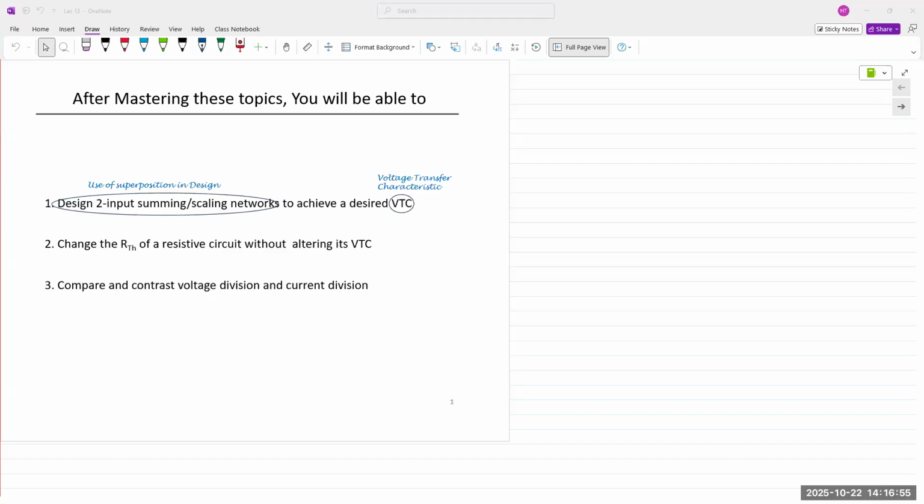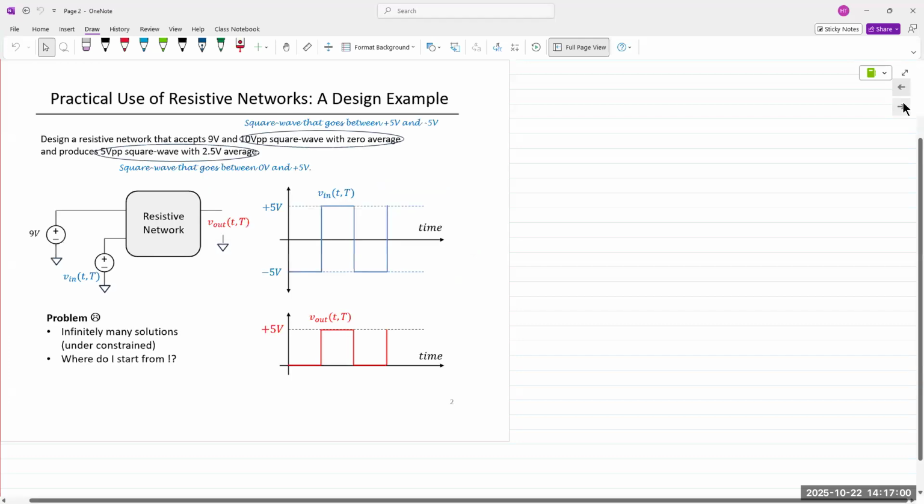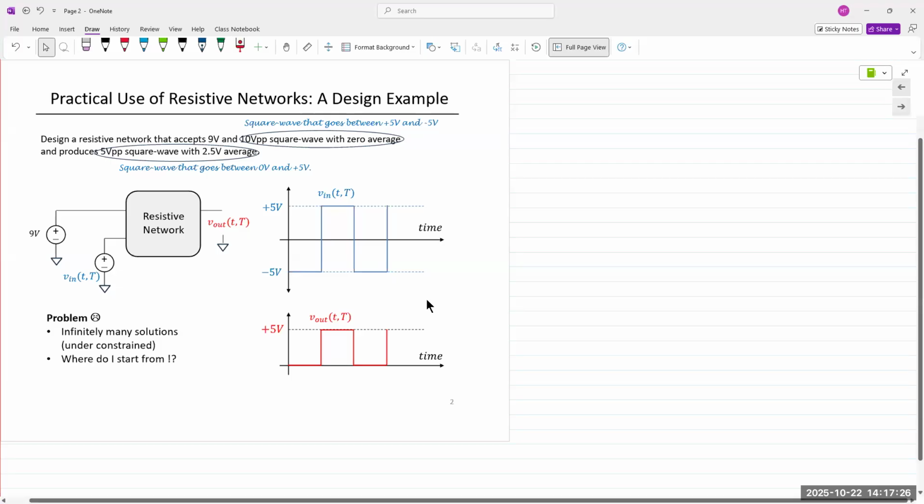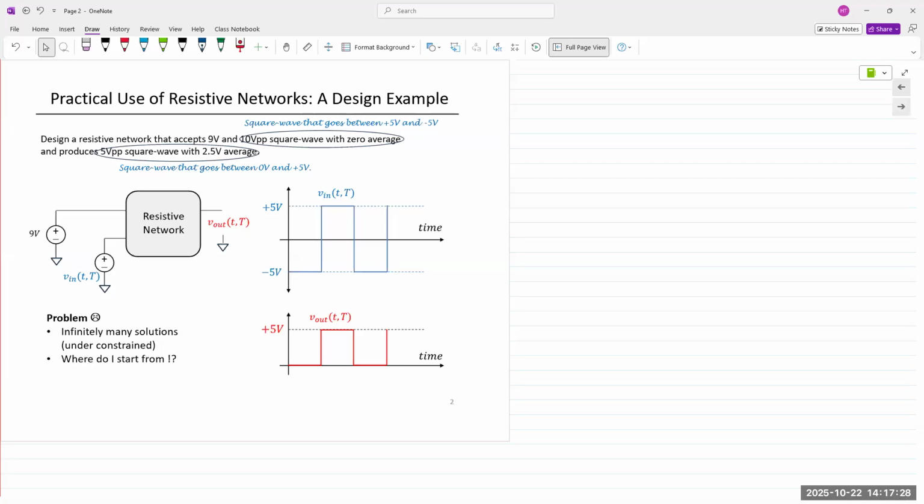Okay. So one of the things we're going to look at here is application of resistive networks and what we can do with it. All right, so here there's a design problem. It's asking us to design a resistive network that accepts an AC input, and you're asked to change the DC level of this AC input. Okay, essentially that's what it's asking for. So it's designing a resistive network that's going to accept an AC input and then apply a DC component to it. So as a brief refresher,